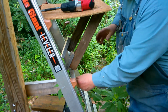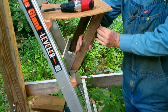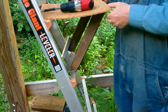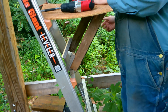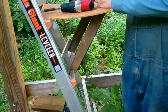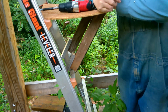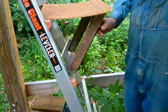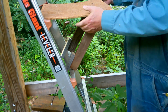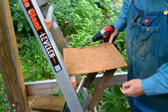And then this will come like this, right up, and hook right there, and that's going to hold that in place. The other side is just a brace. Okay, let's see, I can put a lot of weight on that, and to move it, you just take that loose, pick it up, put it on the next rung,